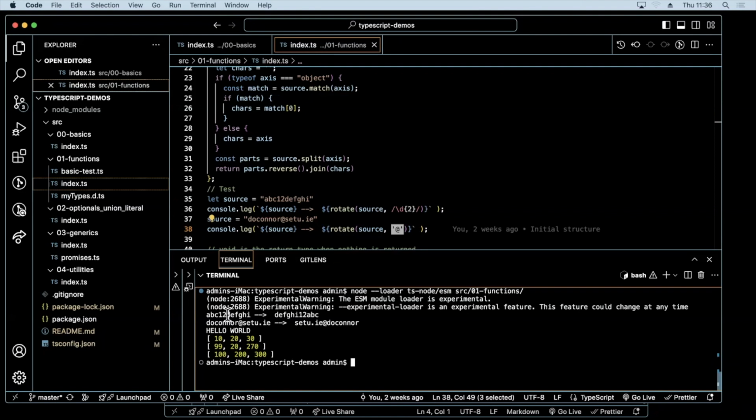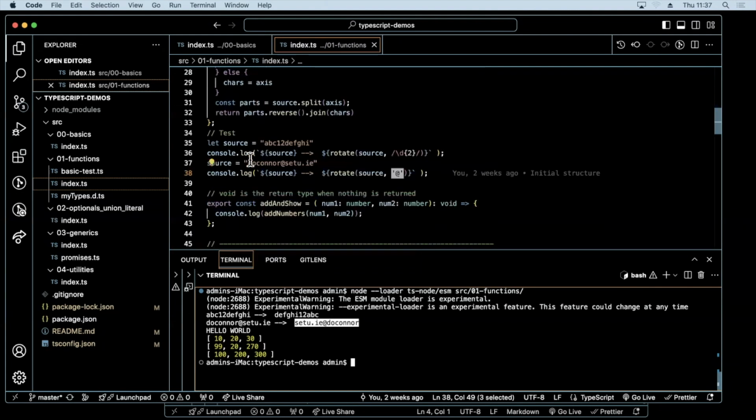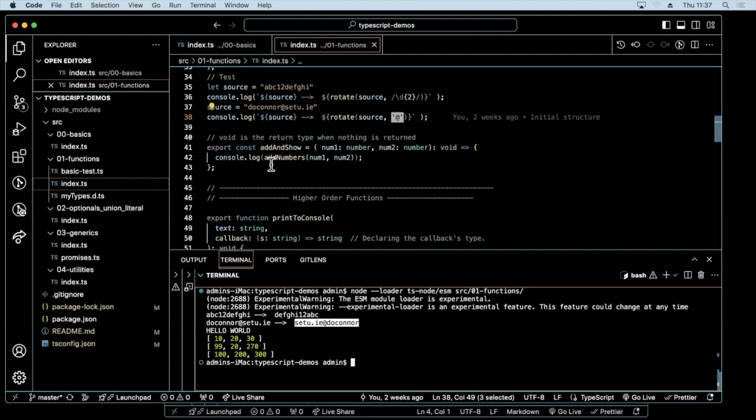And you can see, look, that became that, and this guy became this. Yeah, so looks like it's kind of working okay. All right, good. There's nothing particularly fancy from a TypeScript point of view. So let's move on to